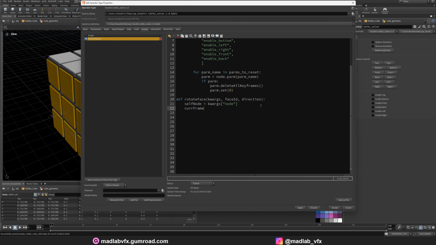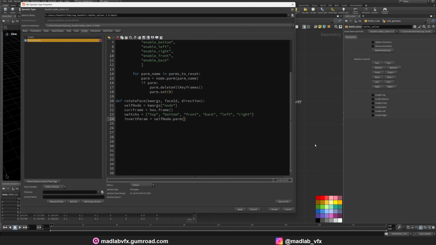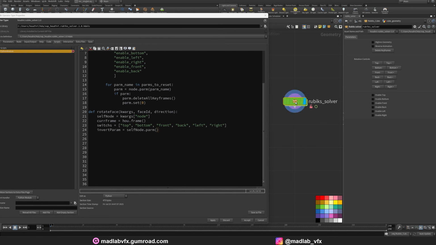Node, current frame equals hou.frame, to get the frame number, use this function here. Switches equals the name of the face, just a list: top, bottom, front, back, left, right. Inverted, invert param equals self node dot parm, the name of this parameter. This parameter is a reverse animation. Actually, it's not the reverse animation, it's a parameter we need to create here. I forgot that. Let's dive inside